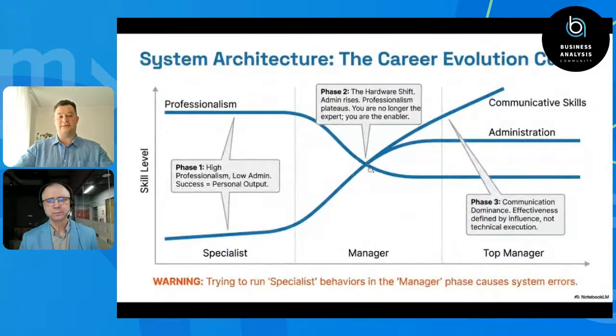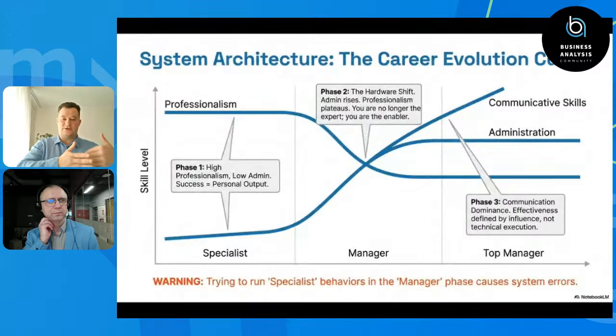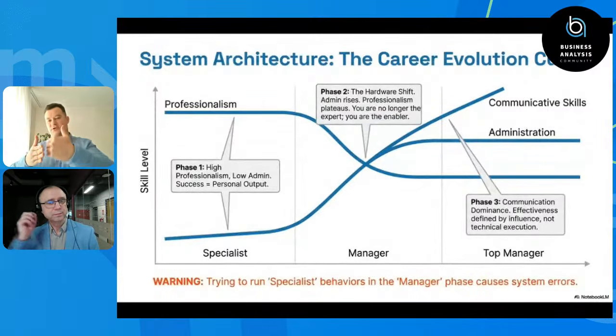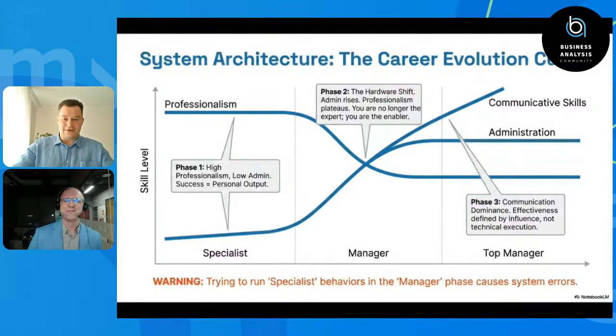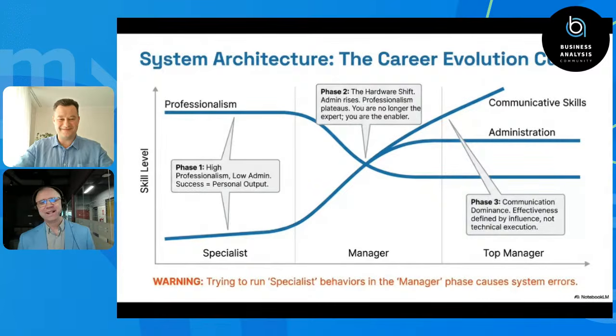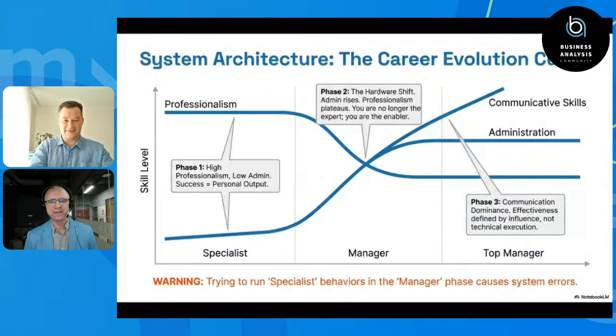And the natural question: how much time should we spend on this migration from specialist up to manager and so on? I believe you have your vision, and I can share mine also. Well, I don't think that we can identify these timelines to put on the horizontal axis,